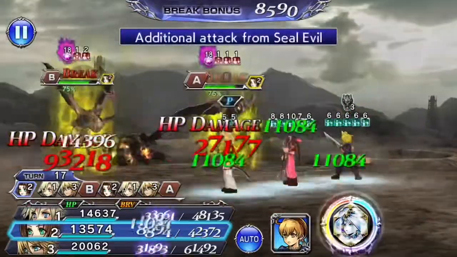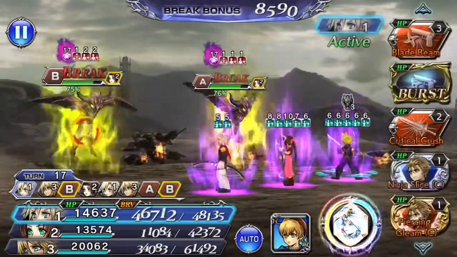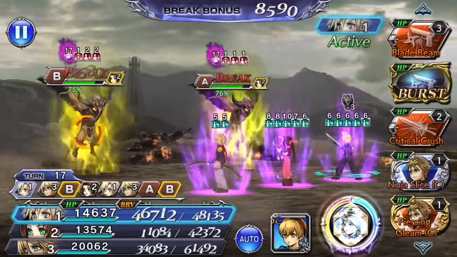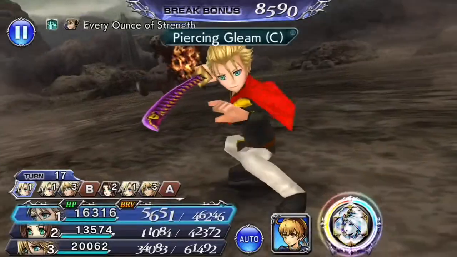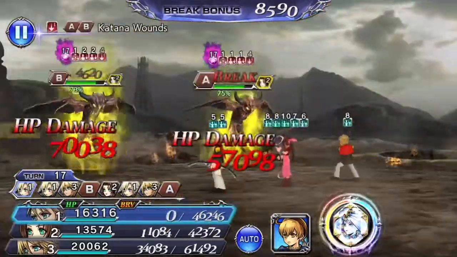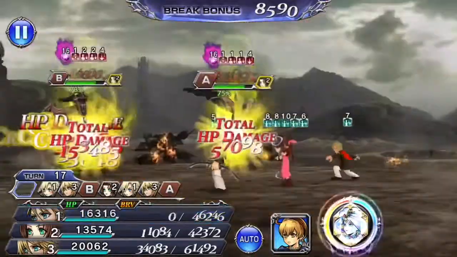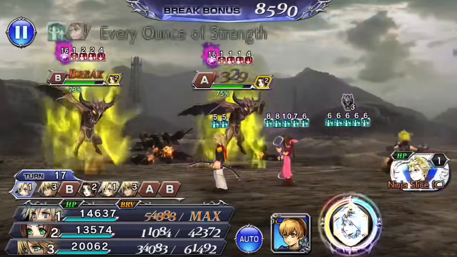I'm keeping track of Aerith's Seal Evil buff as well, just to make sure that it's always up so that I can use her HP plus or Brave plus. Wow, that's up. I go ahead and throw on Trey's debuff here. Now, this is the turning point of the fight. I don't know if it was too early or not, but